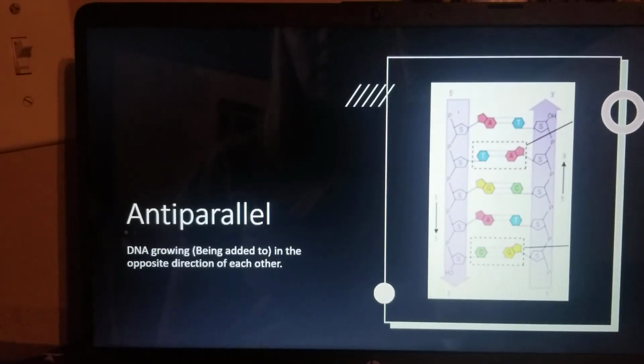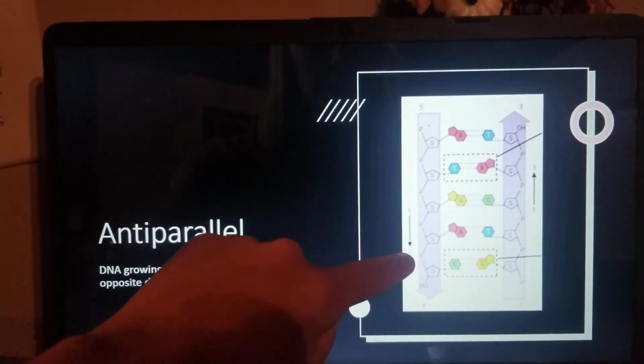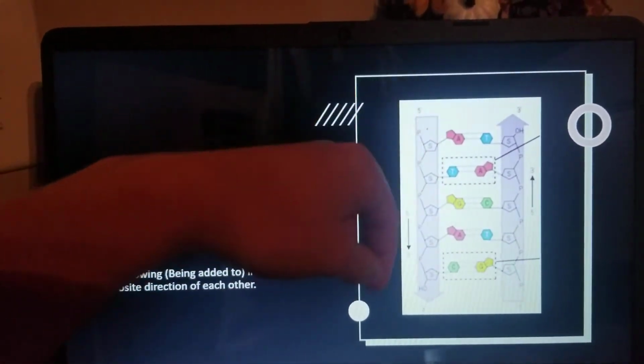Antiparallel is when the DNA is being added to in the opposite direction. As you can see, the 3' end is here, 3' end is here, you add to that end, so it's